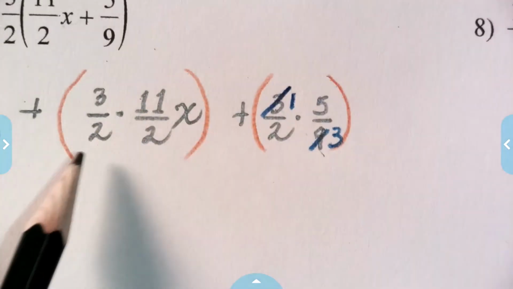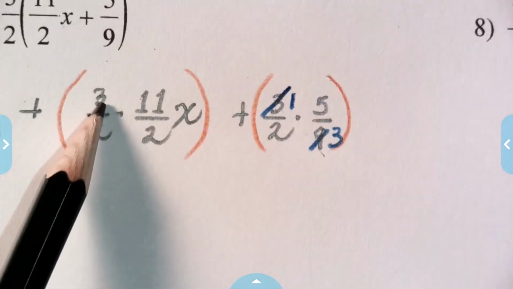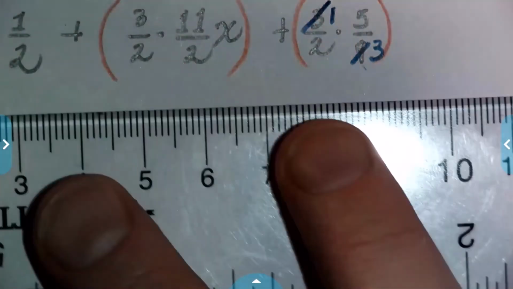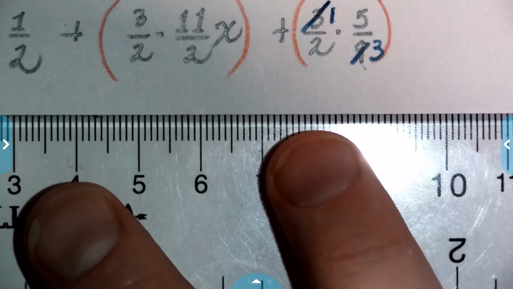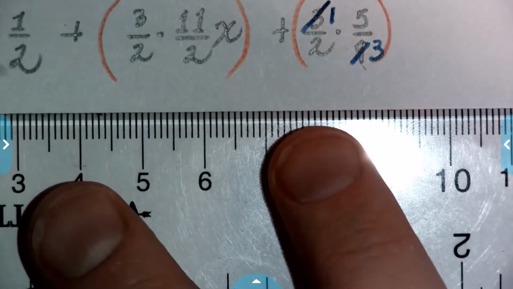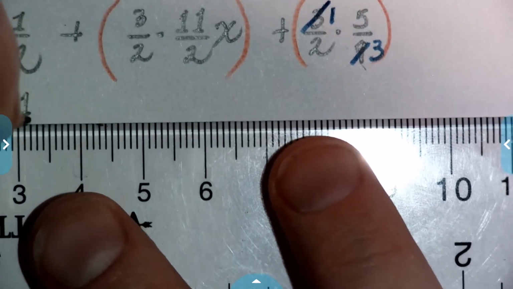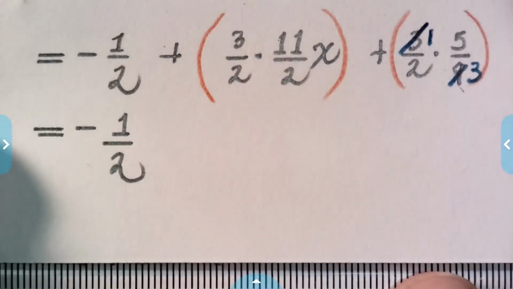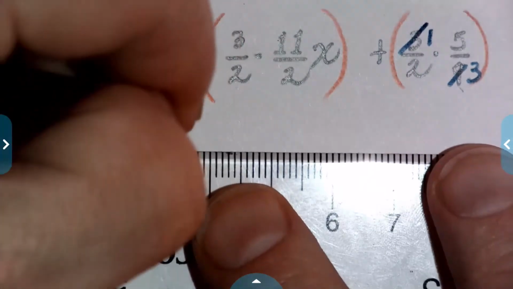I can't do anything here. 3 and 2 are both prime, 11 and 2 are prime, so go back, we'll write negative 1/2. Don't drop that negative. Don't forget about the negative 1/2. It's very easy to do if you're not writing everything out like this. Plus